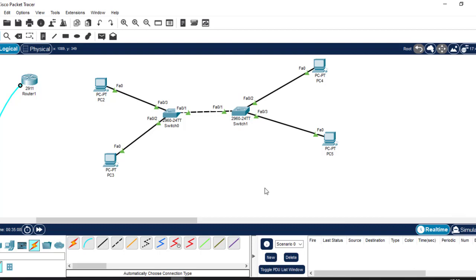If a port is connected to an end device, then that port should be an access port. But when a port on a switch connects to another port on a switch, then